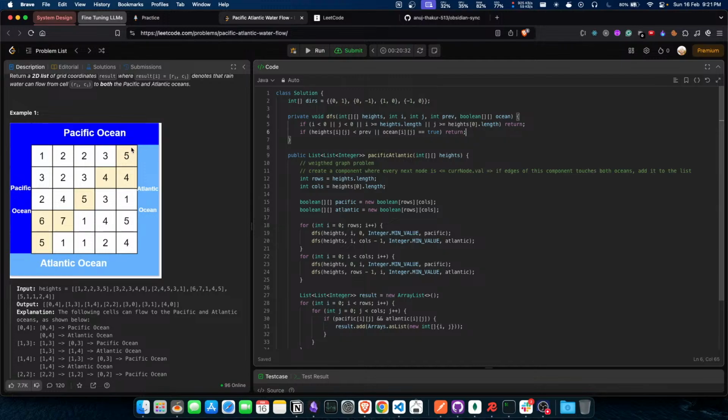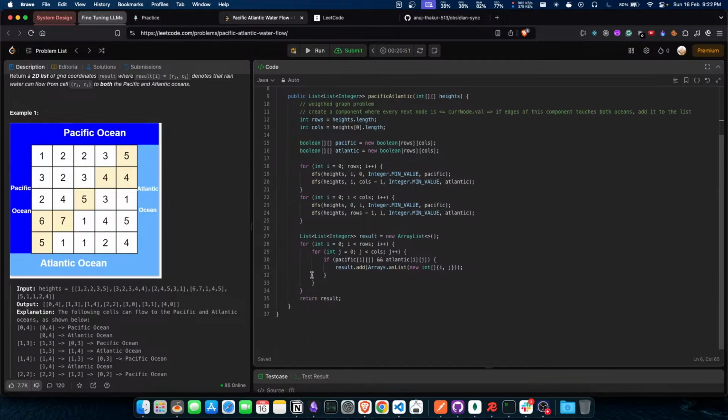Basically, here it'll go first. It'll go down. Yeah, then it'll go down again. Not exactly. It'll go to this side first. Yeah, it goes into Atlantic Ocean. It becomes true. Since it's already true, return every single time,